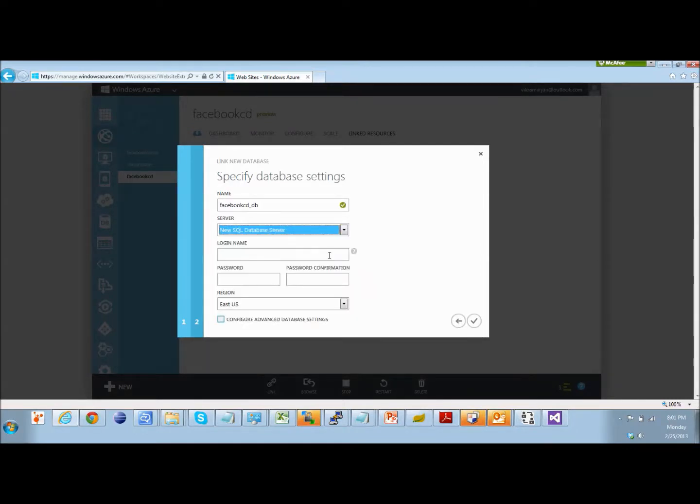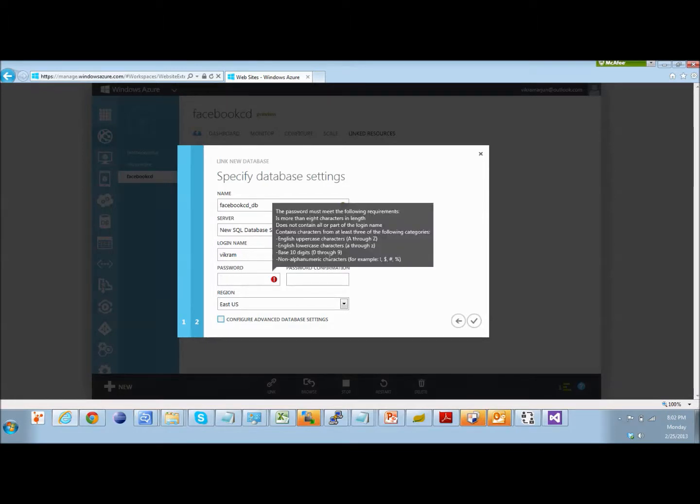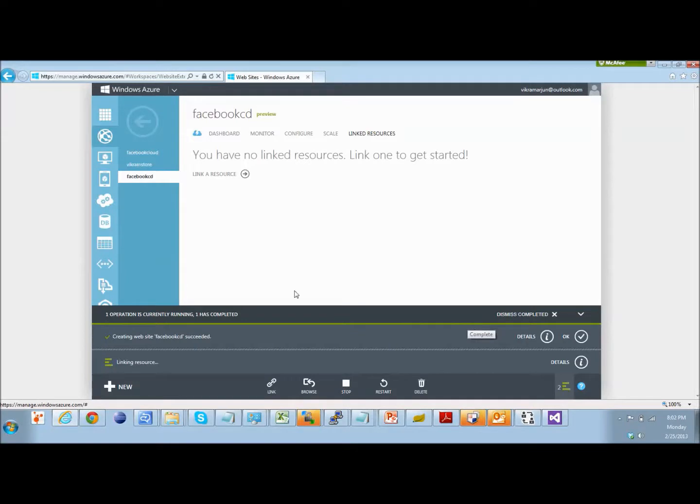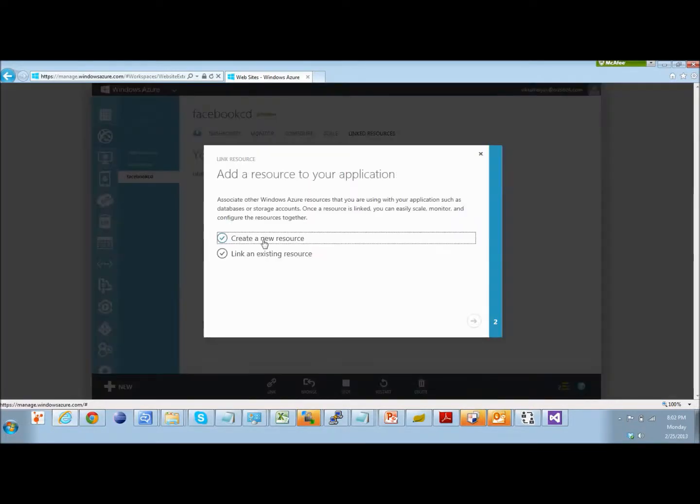I want to create a new server, create a new login and have a password. And then I'm done. So now it is creating a